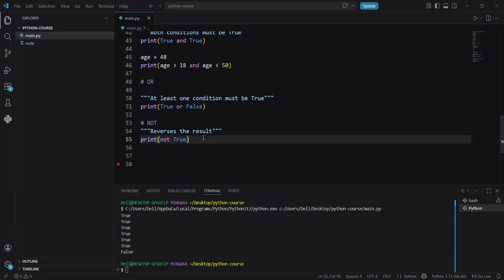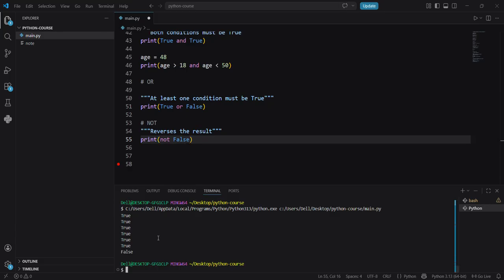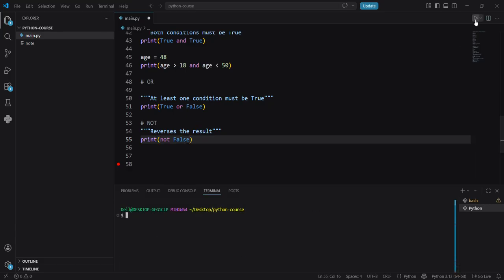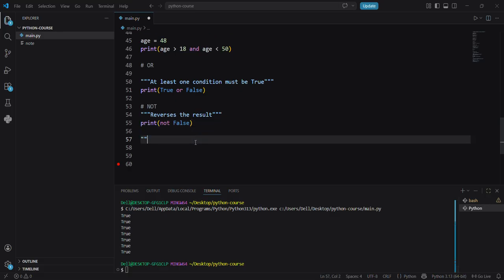It reverses the result. Let's say not false. Let's see. Not false. What do you think it will be printed to the console? Let's see. It is true. You see, it reverses the result. Okay, so now I believe you understand. Let's summarize, and now let me write a quick note right here. Let me remove the last one. Okay,